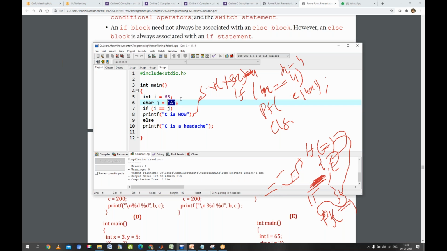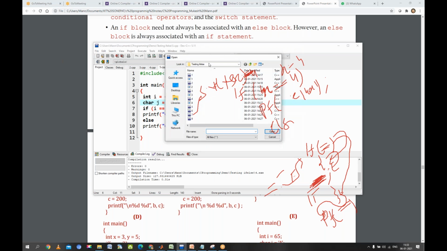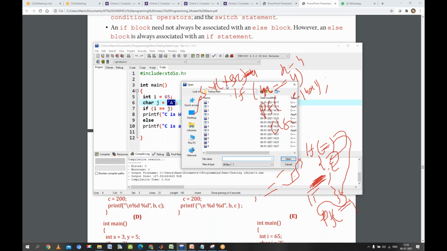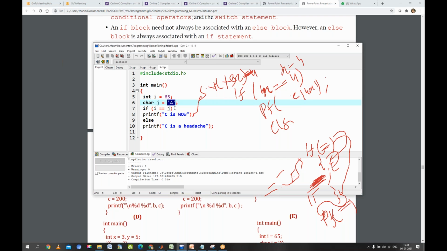Okay? Okay, sir. Sir, so how do we come to know that we are talking about ASCII code? It can be a number also. No, beta, because we are taking the character here, right? See, when we studied data types, we studied how we represent a character. In single quotes we represent a character. And whenever we represent a character in quotes, its ASCII value will be taken.